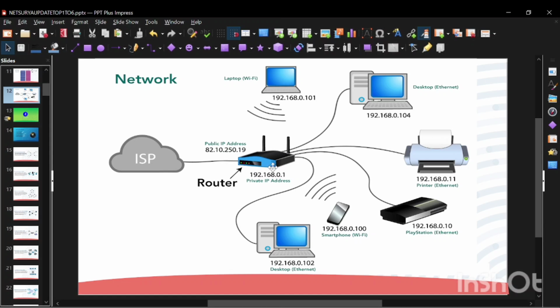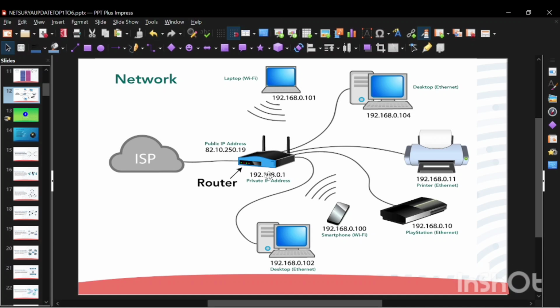Second is the router. The router is connected directly to the ISP. It has two IP addresses: the public IP address, 82.10.250.19, and a private IP address, that is 192.168.0.1. This private IP is used to manage and route traffic within the internal network.